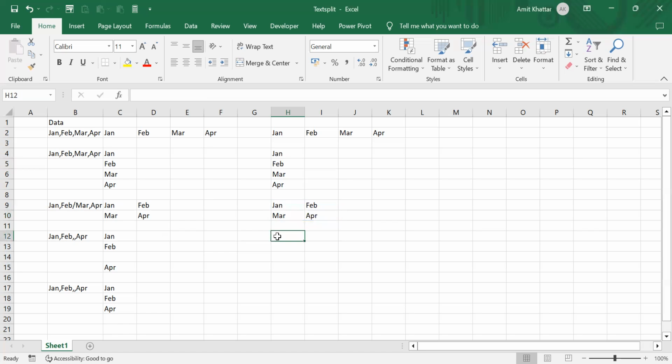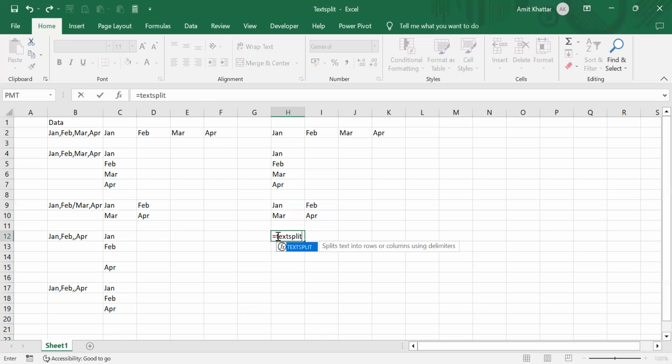Now let's look at another use case where I have this data and I'll use the TEXTSPLIT function. So my data is in cell B12. Here there's one empty element. So for the column delimiter I'll put in comma. There's no row delimiter. Then